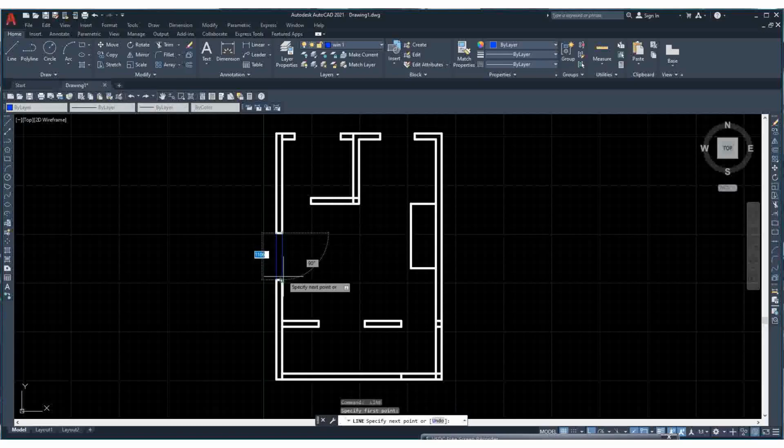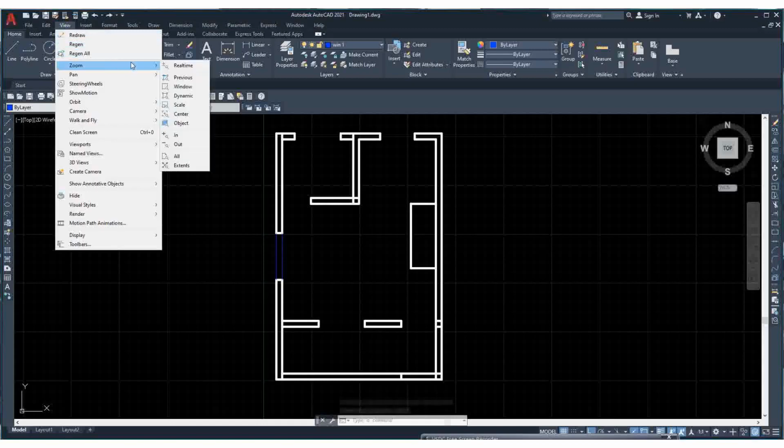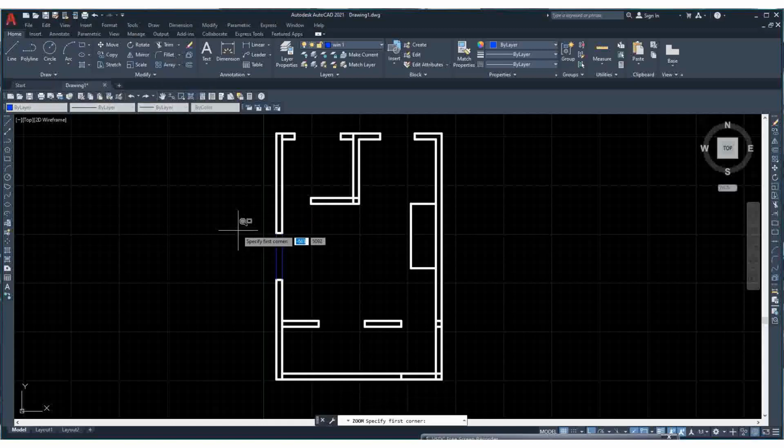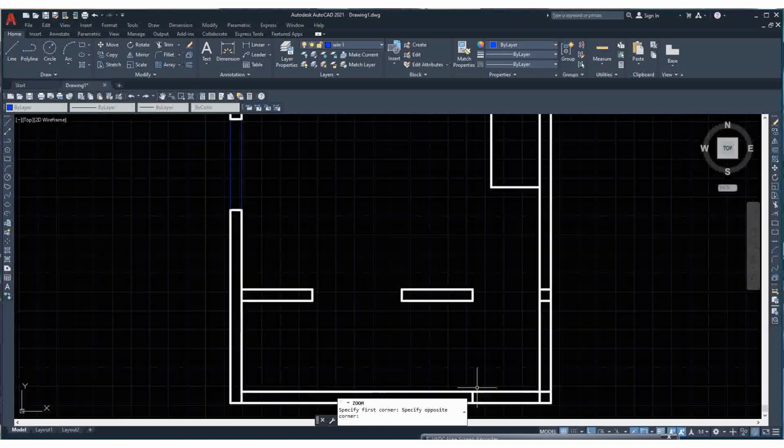Click here and you also click here. Okay, so let's zoom to see what we are doing. You come to zoom and zoom window. You click and you expand. You also click so that you see what you're doing. So we have done for the window